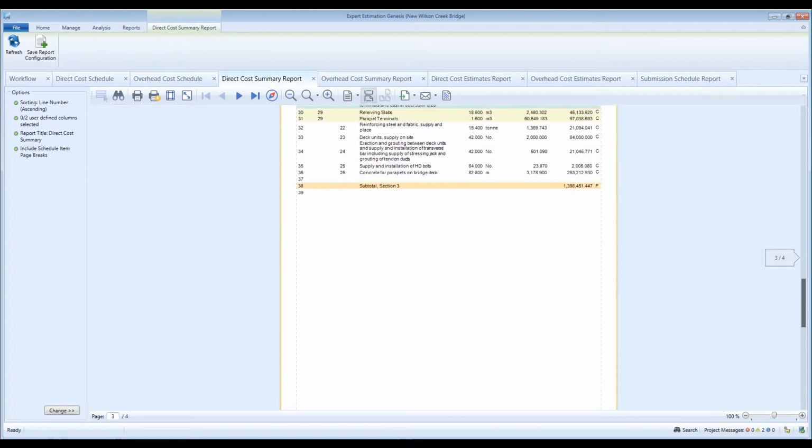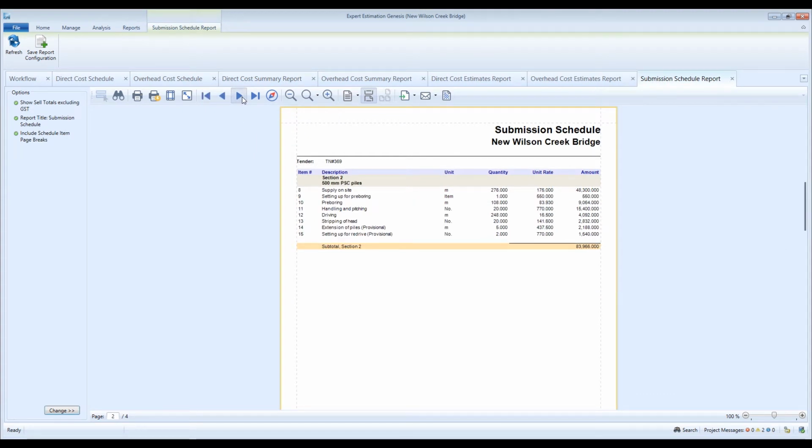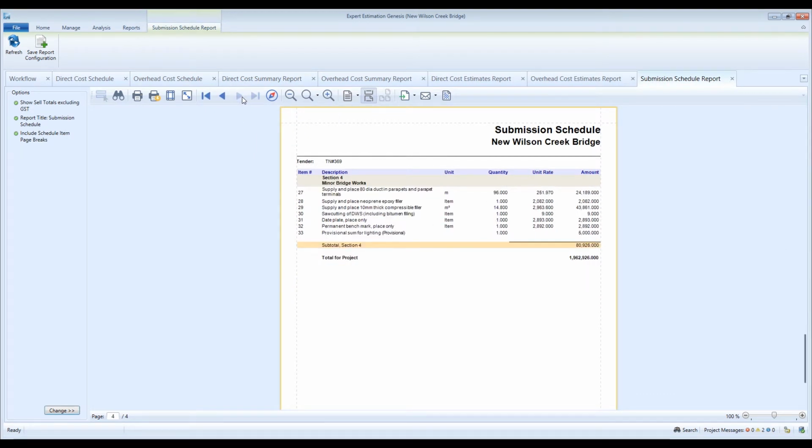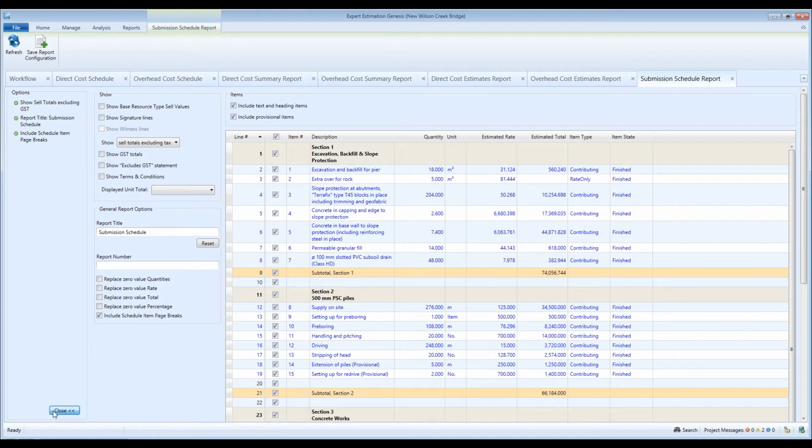and submission schedule reports. Page breaks on reports is a feature that helps you split your report into logical sections so it has a clear layout that is easy to follow when reviewing and submitting. If you want page breaks on a client-facing report and then be able to disable page breaks at request, for example on internal documentation to save paper when printing the same report, we got you.